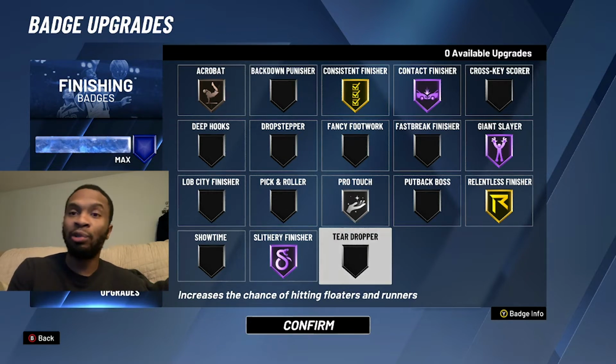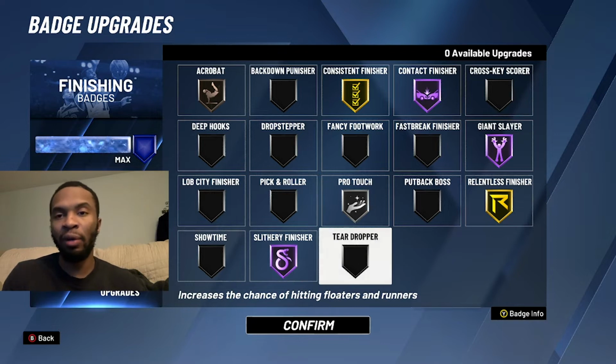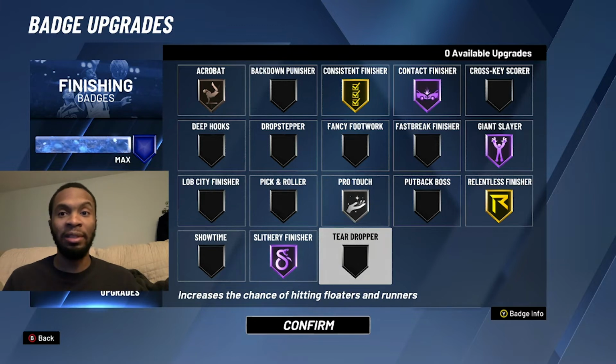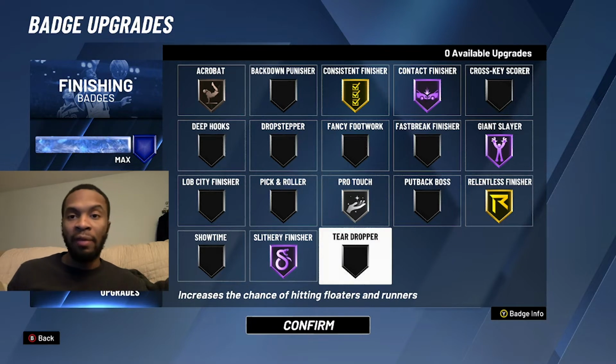All right, and then Teardropper. A Teardropper is specifically for when you're beating the other person's man to the paint, and for some odd reason, we all know this, 2K for years now doesn't care about letting people just sit in the paint on defense. They just want people to camp out in the paint. So because they want people to camp out in the paint, when you beat them, if you had Teardropper on